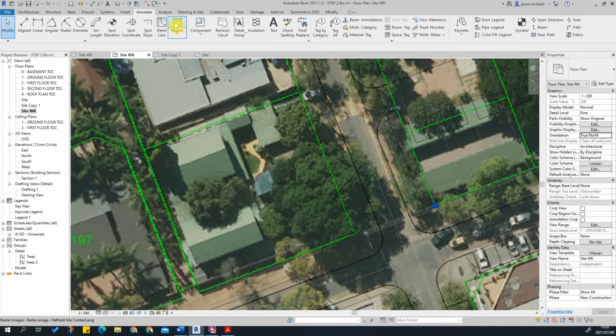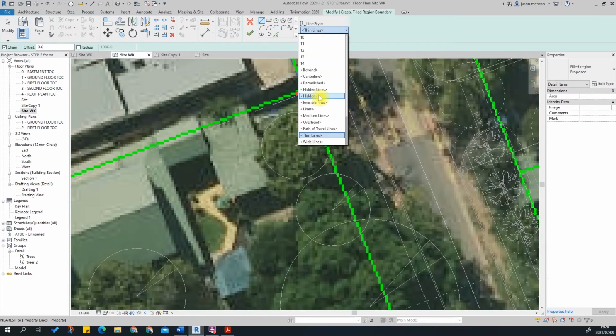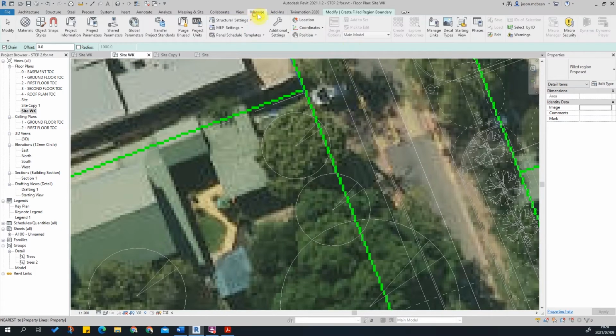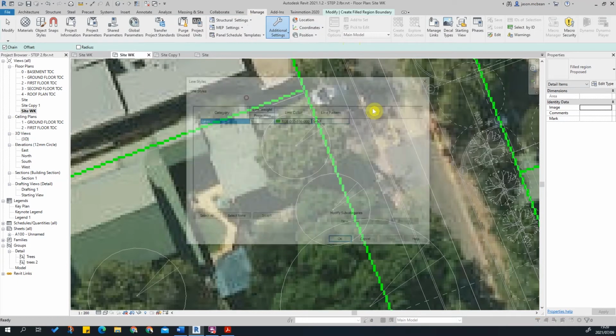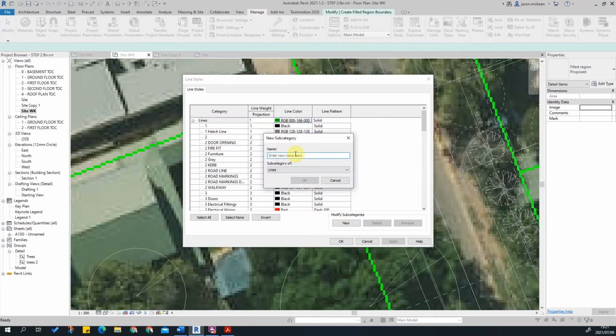work. So with filled regions, it's line work combined with a hatch. Unlike AutoCAD, there are these two parts to a filled region. You need to pick a line type, and we can see we've already got a building line, but that's not the correct line which you need to use. We need a building outline. So let's go and create that quickly. Manage, additional settings, line styles. Here we're going to go and add new. I'm going to call this 4. I'm going to call this building